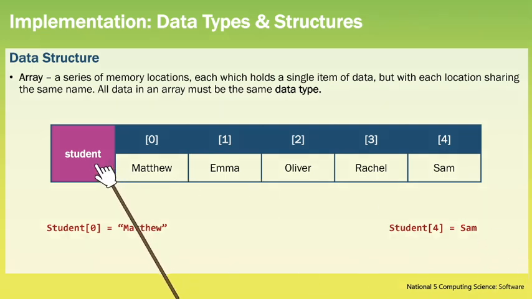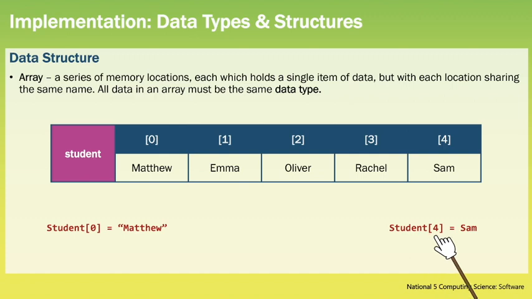And that array holds 5 different values: Matthew, Emma, Oliver, Rachel, and Sam. And within the array, each of these names has a different index value. So at student 0 is Matthew, and student 4 is Sam. And in order to reference a specific student, we utilise the name of the array and the index that we